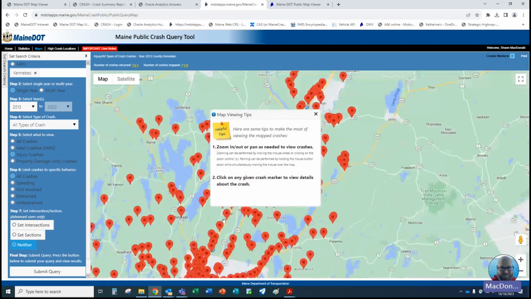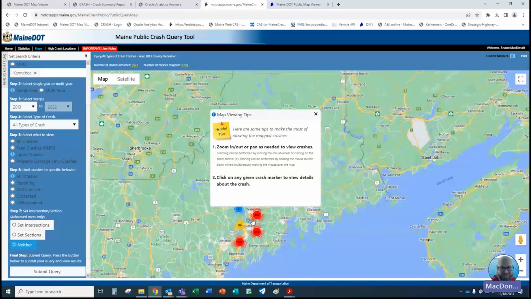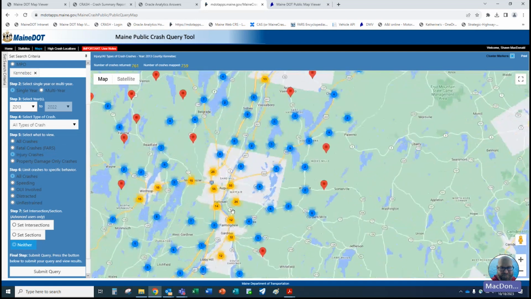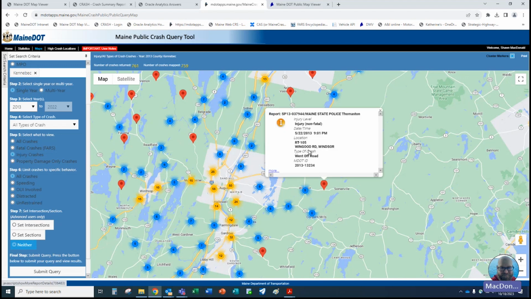Okay, so you can see those dots which are produced. When you do this, it gives you a little pop-up about viewing the map. It tells you the tips to using them. So you can kind of scroll in. You get closer. Each one of these dots is a location. This is an exact location. So if you select that one, it'll give you this information. Now, this is one of the other differences between a basic and advanced user option. With basic, you would get this.